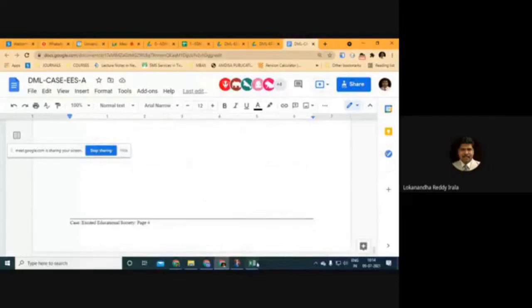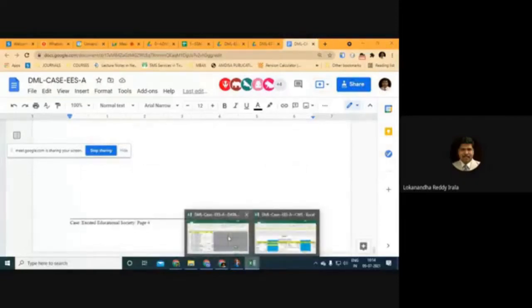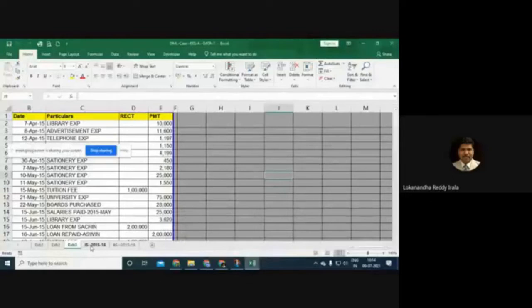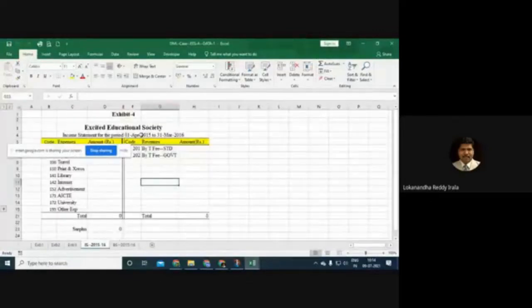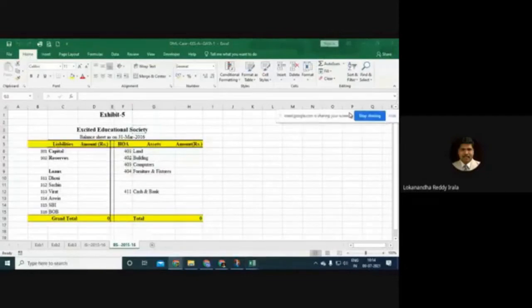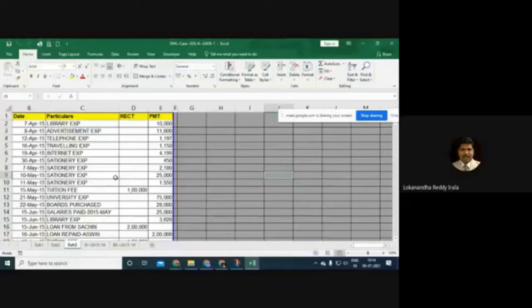And the idea is that we need to prepare an income statement for 15-16 and also a balance sheet for 15-16 from the data of transactions that happened during 2015-16.